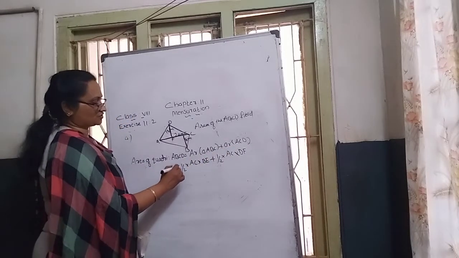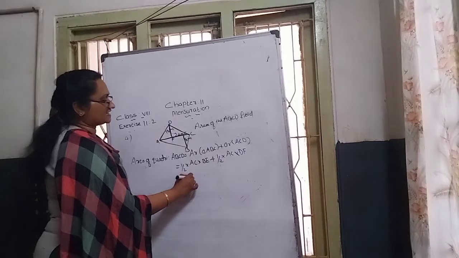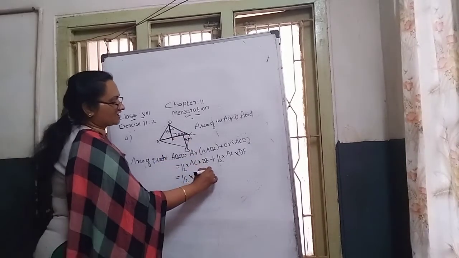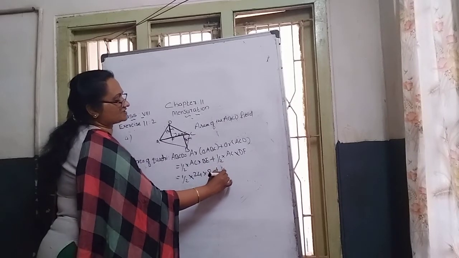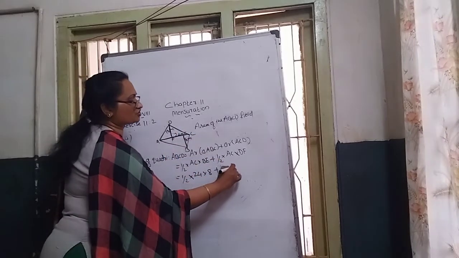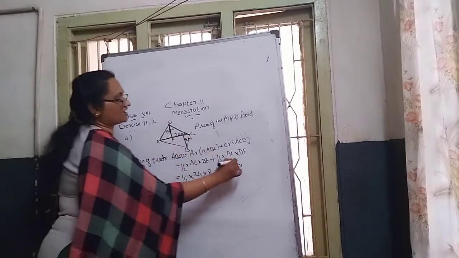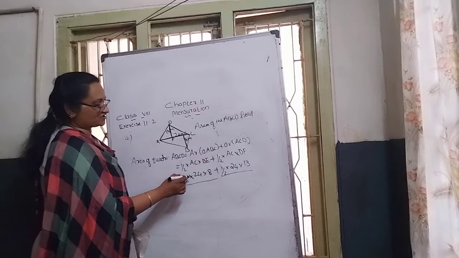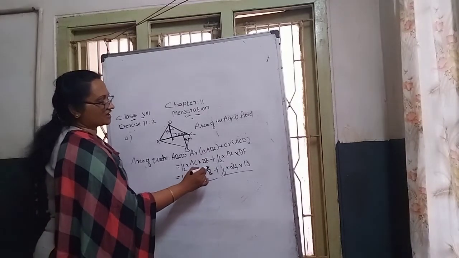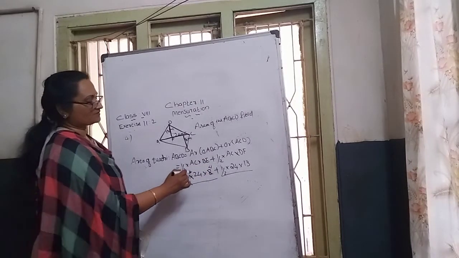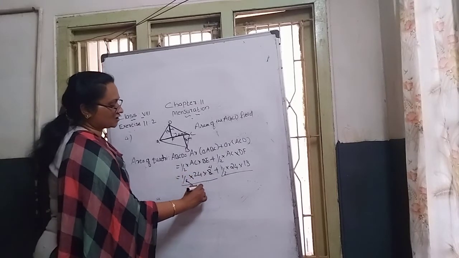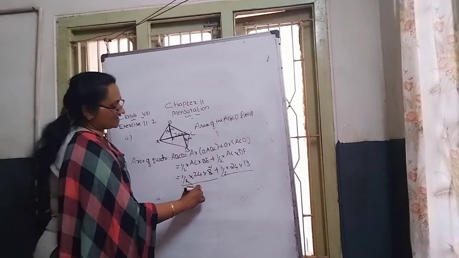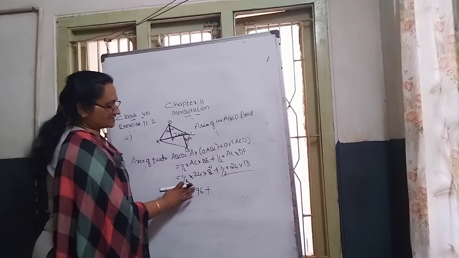Just substitute the values. Half into AC, 24, the value given in the question, into BE, given as 8, plus half into AC, no change, 24, into DF, the value 13. This is our first term, this is our second term. In the first term, cancel 2 and 8, 2 fours are 8, so 4. Then multiply 24 into 4: 4 fours are 16, remainder 1; 4 twos are 8, 8 plus 1 is 9. So 96.